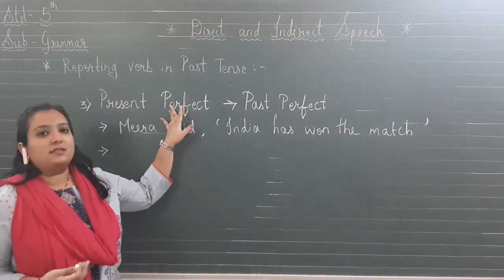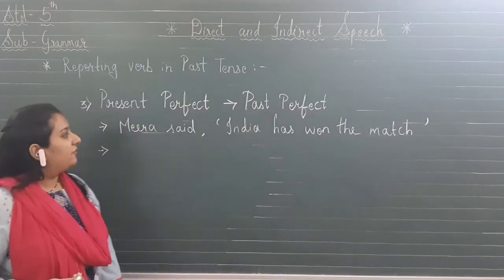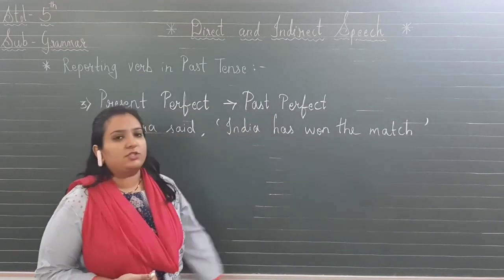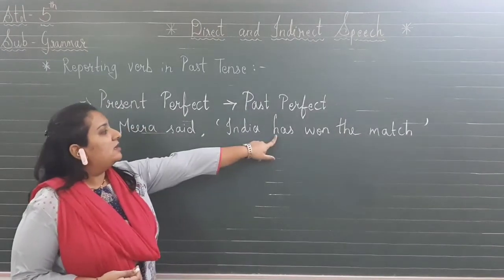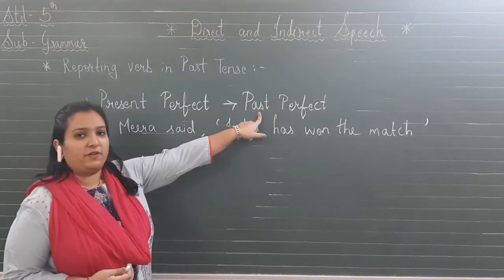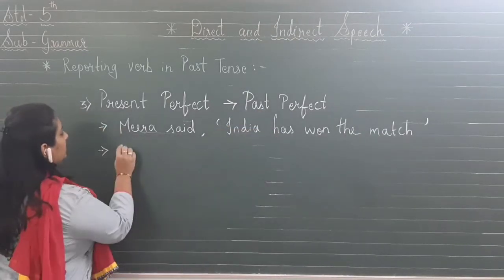Present perfect tense sentence will change to past perfect tense sentence. For example, Meena said India has won the match. Now by looking at the helping verb has, we have to change into past perfect helping verb. So has will become had. So the sentence will become